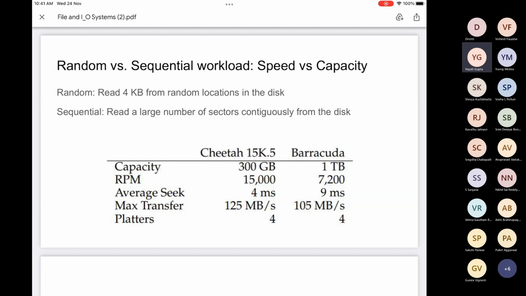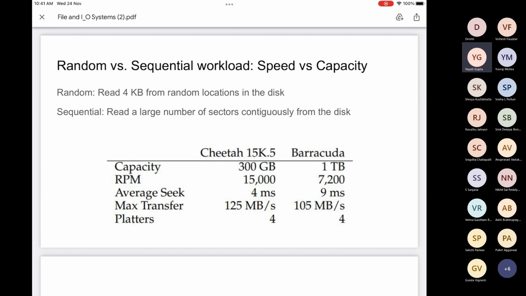Okay, all right. So the functioning of hard disk is clear to everyone, right? How it works. So we were discussing two kinds of workloads, random workload and sequential workload. We said that whenever we have to read data from the hard disk, it is best if all the data is stored sequentially, because then you won't have to move your read write head again and again. The platter will be rotating and you could read the data. So let's look at the difference between the two.